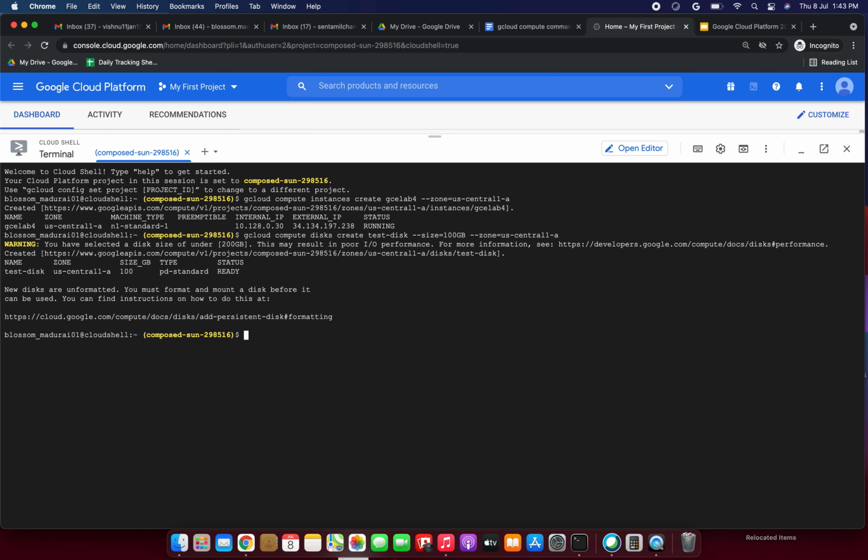So why it is coming is we should put 200 GB, then we will not get that. This is training purpose. I have put this 100 GB. If our workload needs 200 GB, then we can put like that. So the name is test-disk and zone is us-central1-a. The size is 100 GB and type it is automatically taking pd-standard. Then status it is ready only.